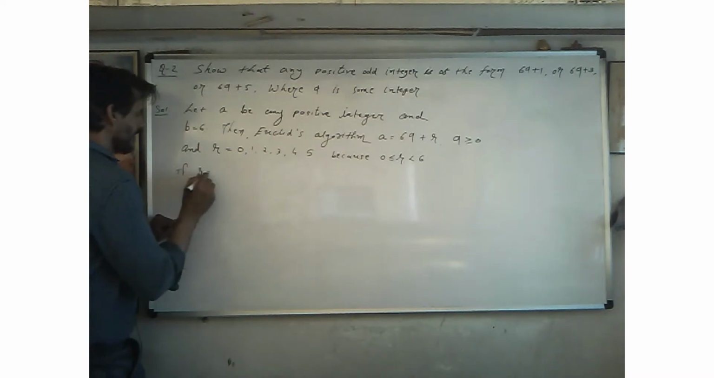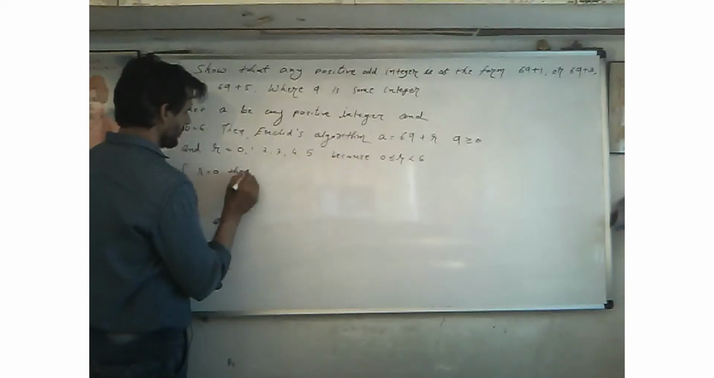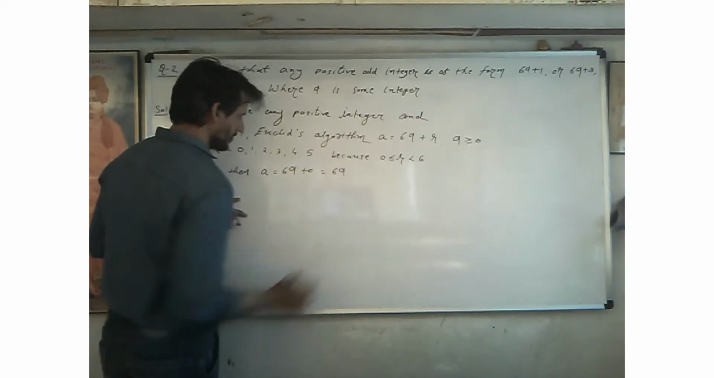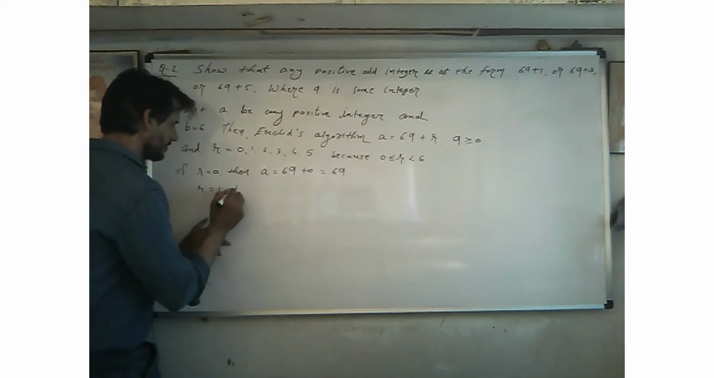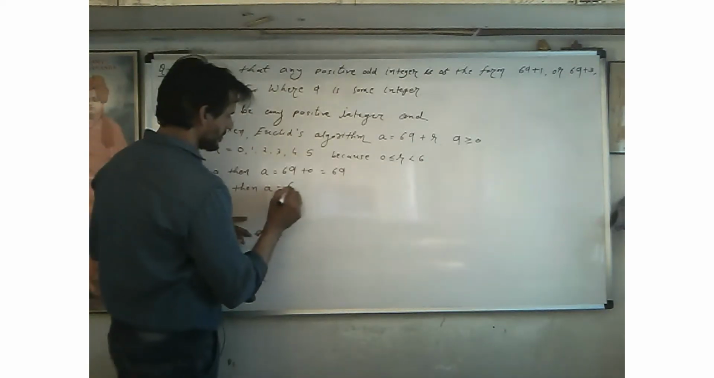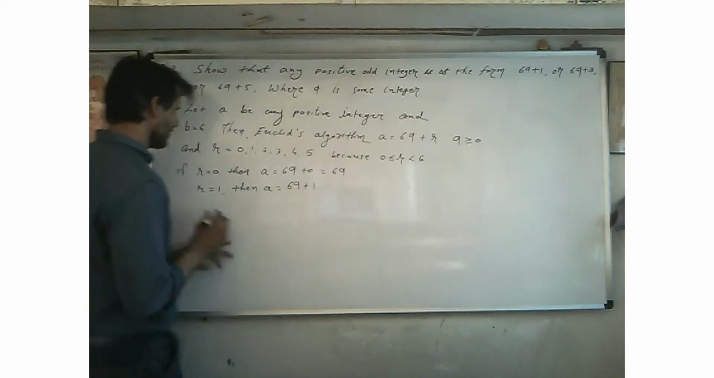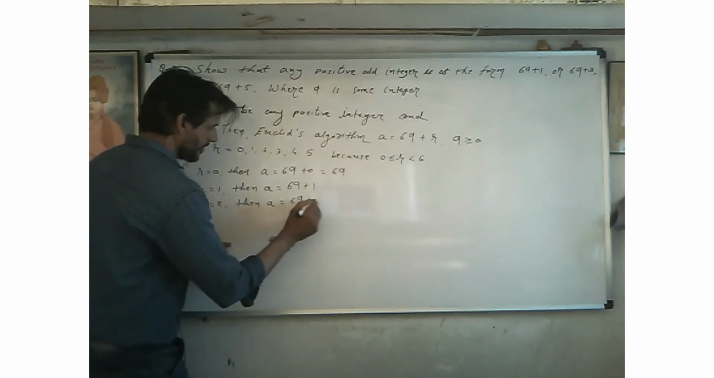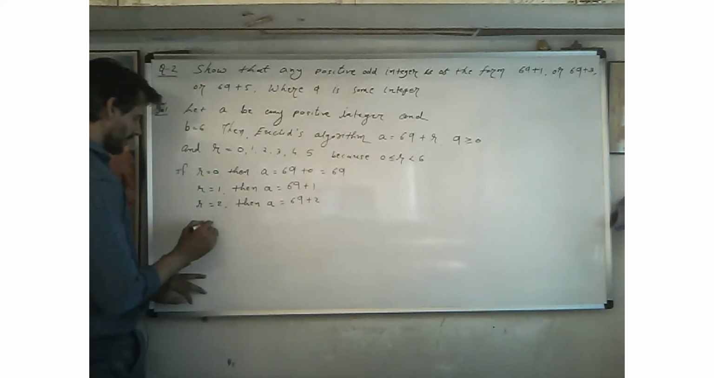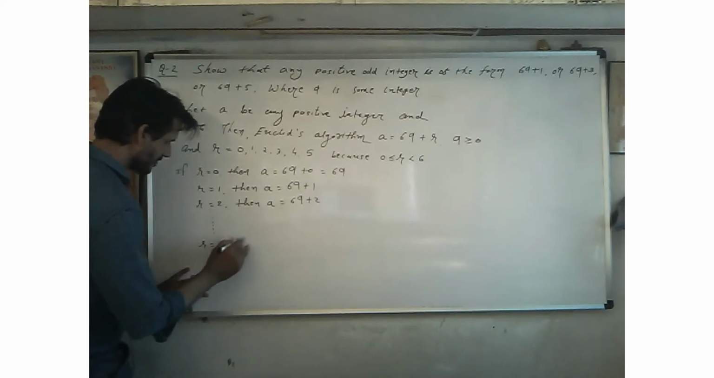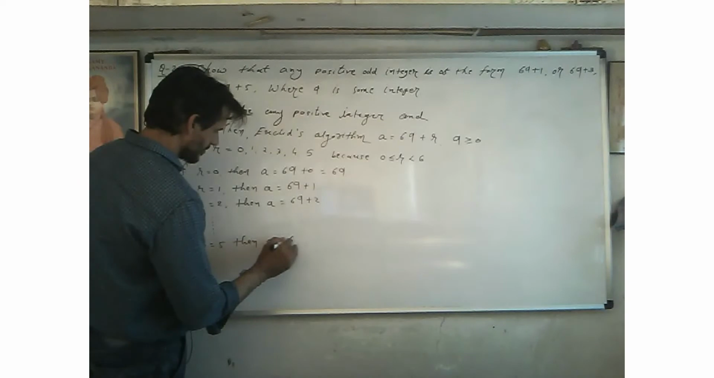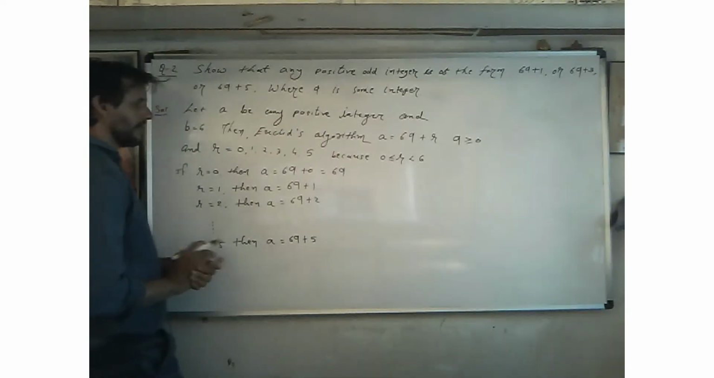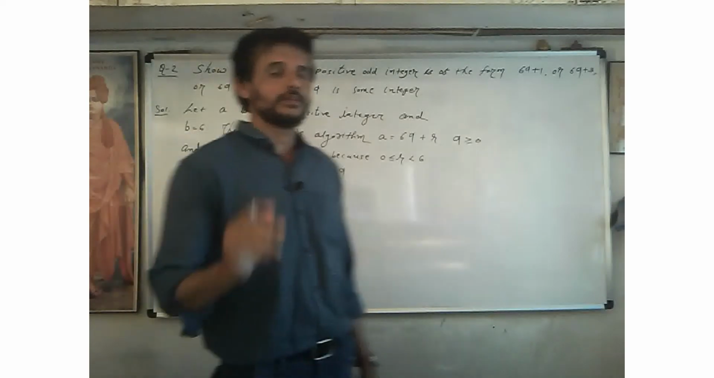If r is equal to 0, then a is equal to 6q plus 0, which is equal to 6q. If r is equal to 1, then a is equal to 6q plus 1. If r is equal to 2, then a is equal to 6q plus 2. If r is equal to 5, then a is equal to 6q plus 5. Clear? And now